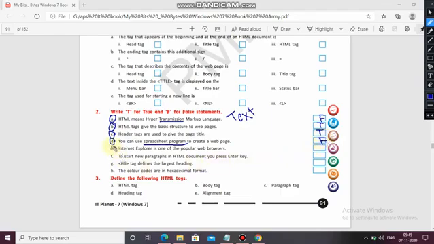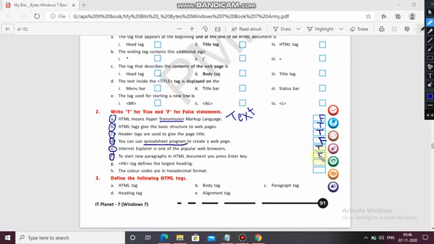Now next, Internet Explorer is one of the popular web browsers. Yes, true. To start a new paragraph in an HTML document, you press the Enter key. Do we press the Enter key? No, we are using the P tag, so it's also false.